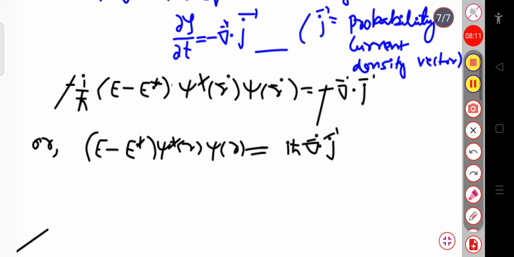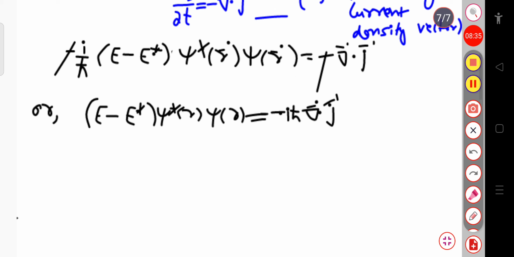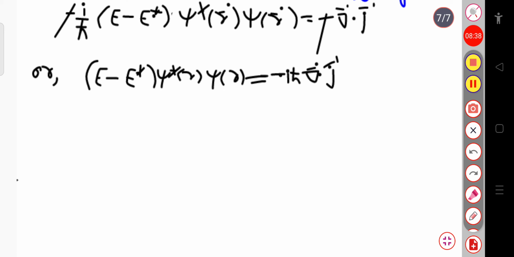with a negative sign. Okay, because we have multiplied iota and iota here, so simply this will be i square, which will be minus 1. So here h cut and iota will be multiplied, and this negative sign is present here. So now finally we can write this is minus i h cut into del dot j vector. Okay, now integrating both sides